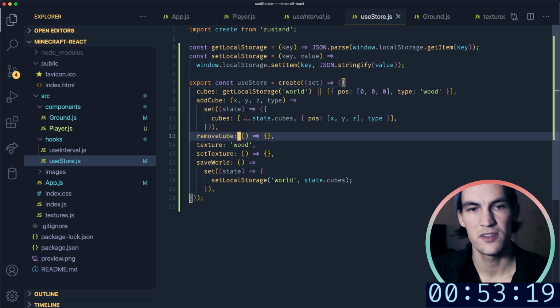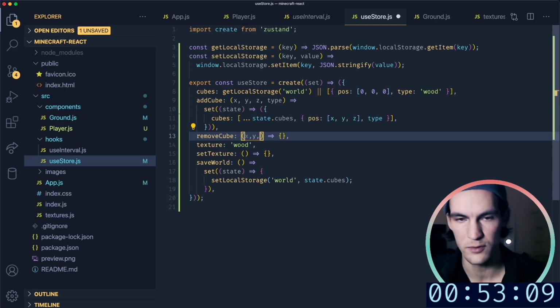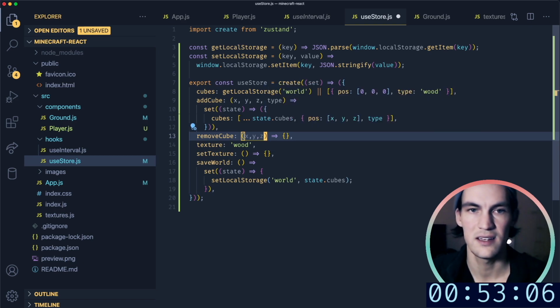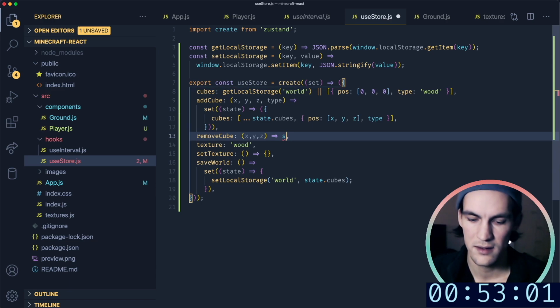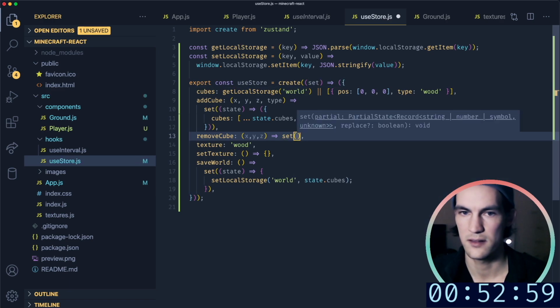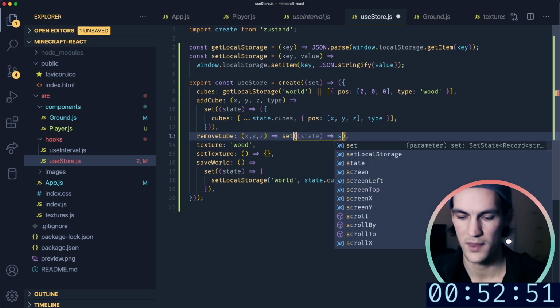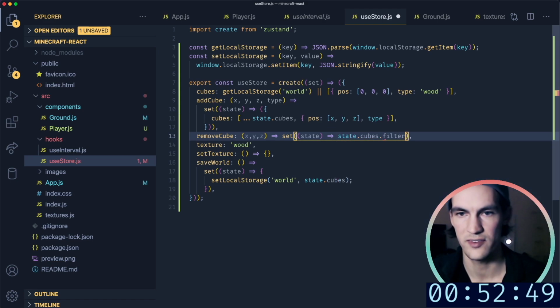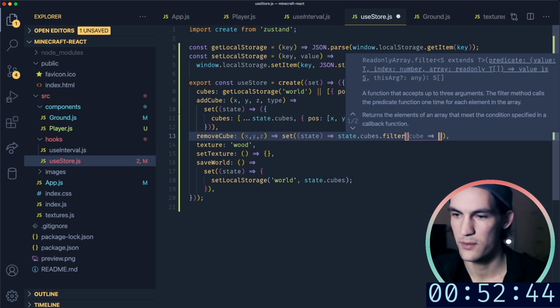When we're going to remove a cube, all we need is x, y, z. We don't care about the type. We just want to filter out the cube that is being called to be removed. So we take in x, y, z. Again, we call set. We receive the state, and we return state.cubes.filter cube, and here we need to check